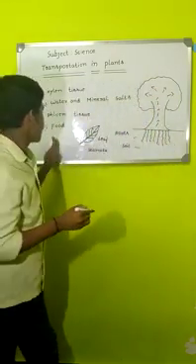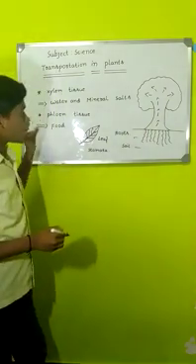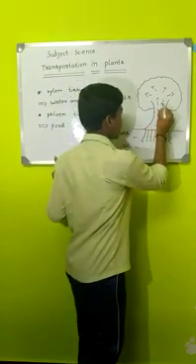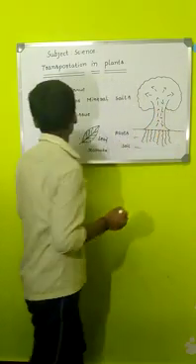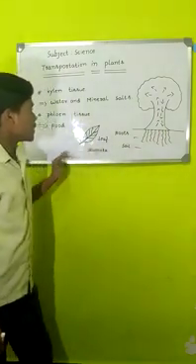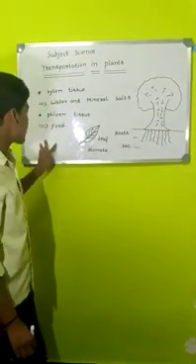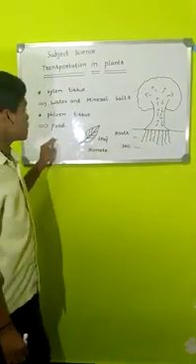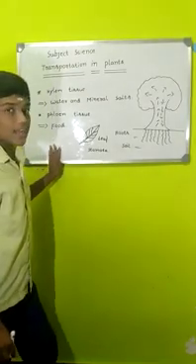But in the case of phloem tissue, the food is transported to all the parts of the plant, both upwards and downwards. In phloem tissue, the food is transported both upwards and downwards depending on the needs of the plant. This is one of the special function of the phloem tissue because it transports the food to the parts of the plant depending on their needs.